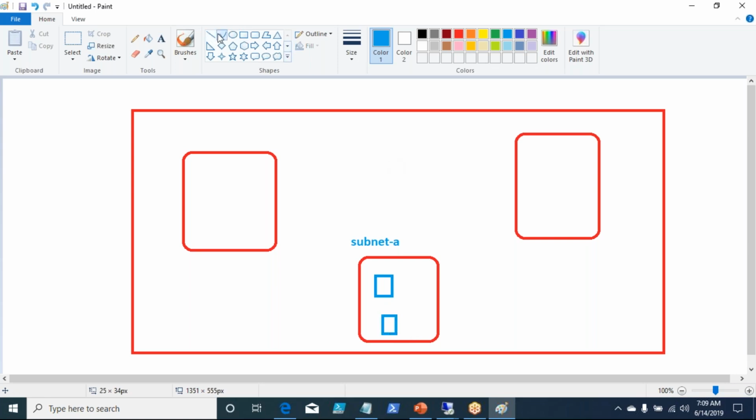Which means that all the traffic should flow from subnet A to certain devices, and then it should reach subnet C. So there is no direct communication between B and C. Vice versa, if subnet C is trying to communicate with subnet B, then it should also pass through the same channel.